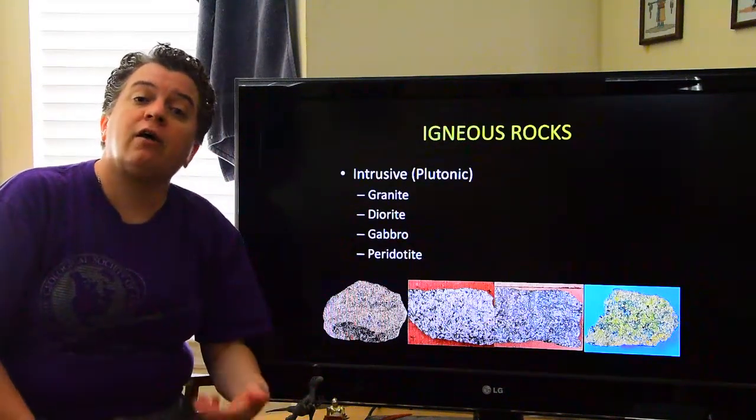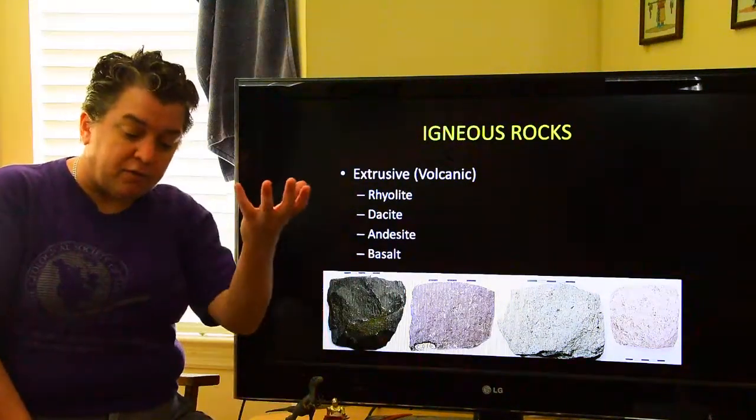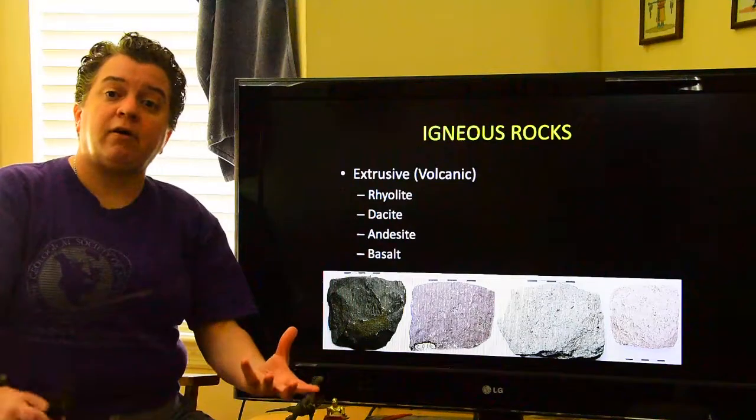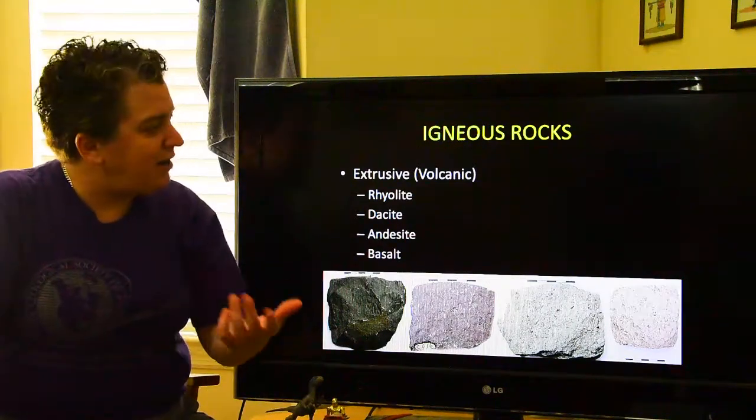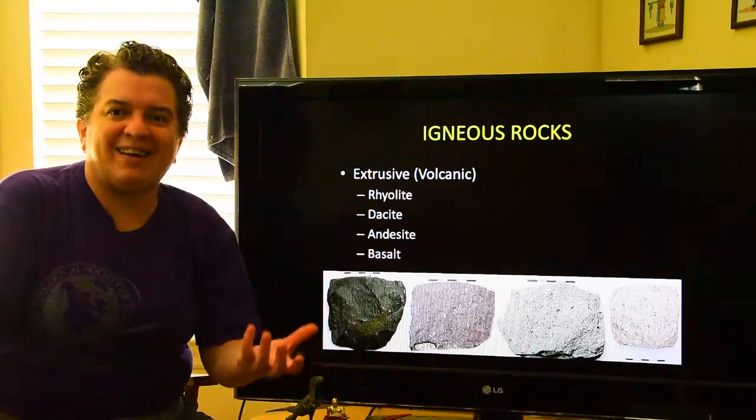and these different igneous rock types form in different geologic environments. Now, if that magma makes it to Earth's surface and erupts out of a volcano, then it ends up being an extrusive or